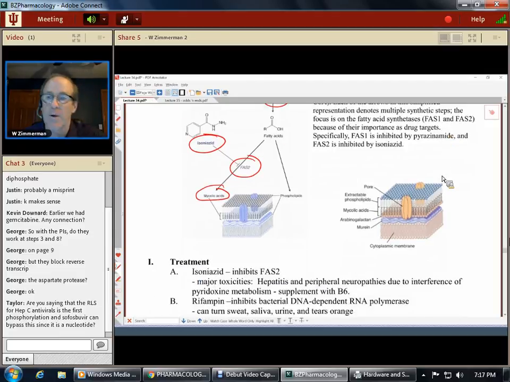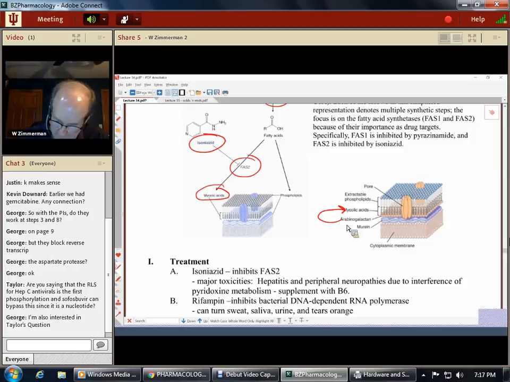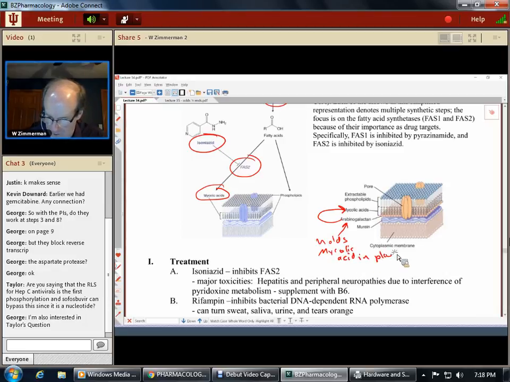Additionally, look at this diagram on the right. The arabinogalactan will actually hold the mycolic acids in place. So you can inhibit the formation of the mycolic acids, or you can inhibit the formation of the arabinogalactan, and the mycolic acids won't stay in their proper place. Essentially, again, you've lost this outer